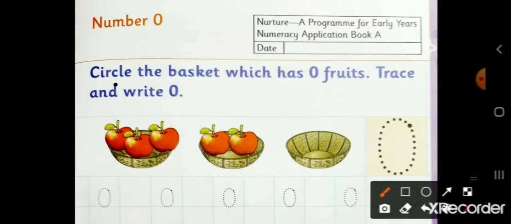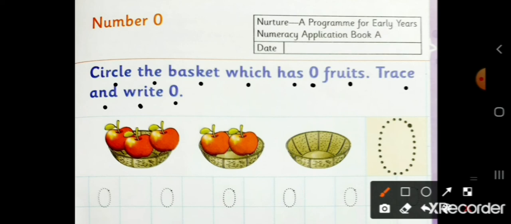Circle the basket which has 0 fruits. Trace and write 0. Children, in this picture, you can see there are baskets. We have to circle the basket which has 0 fruits.